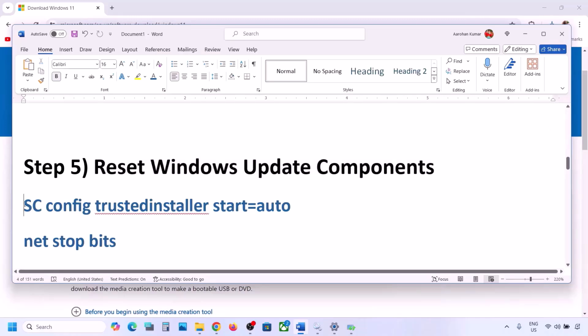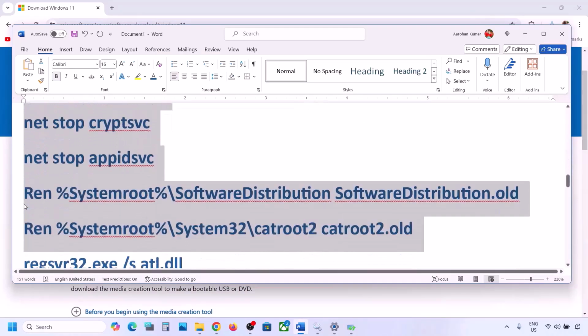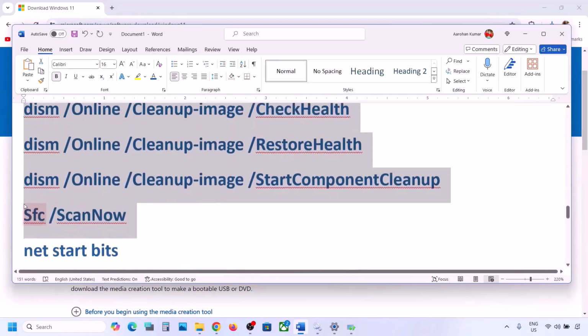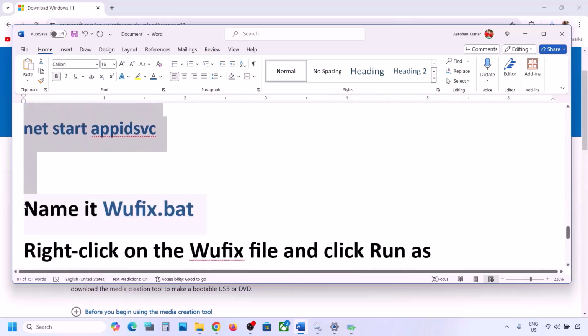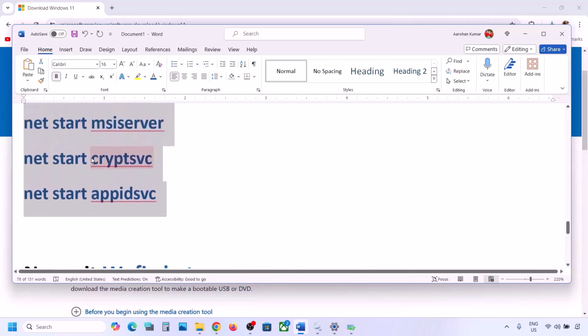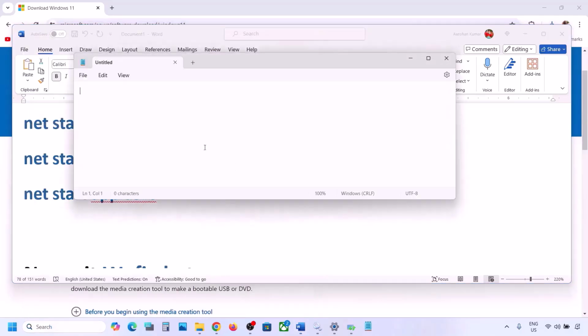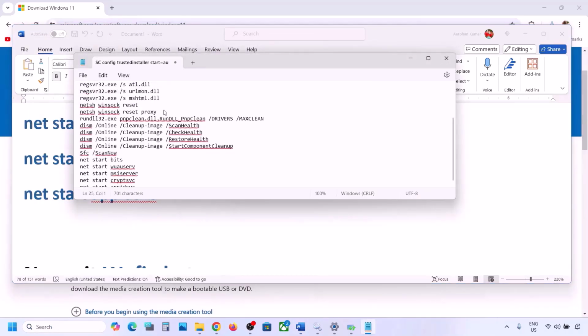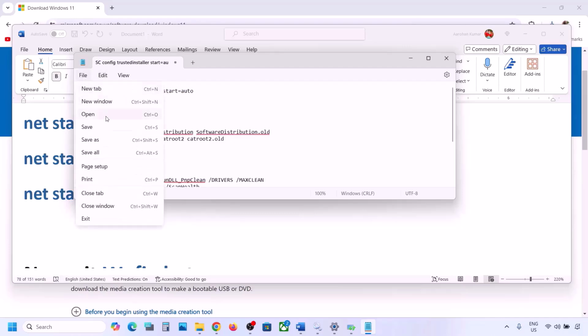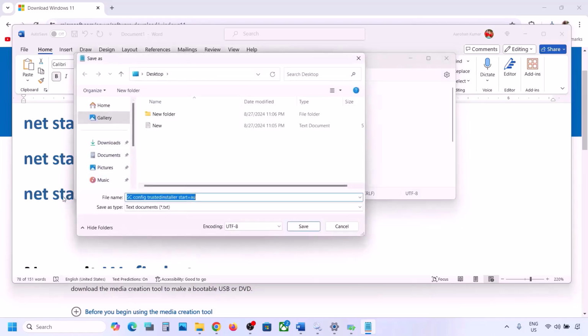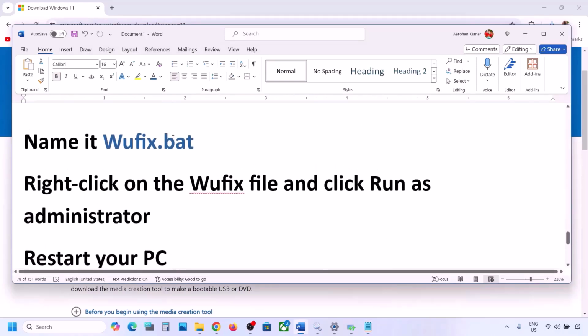Now the next step is to reset Windows update components. For this, copy all these commands. These commands are provided in the video description, so copy it till here. Now once you copy it, open Notepad on your computer, and then in the Notepad paste all the commands, then go to file on the top, click on save as, and then you can name this file as